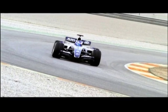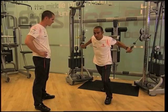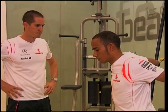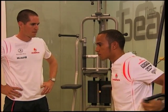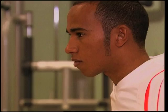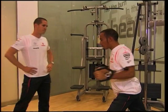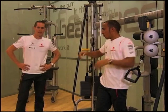To win races in Formula One, it takes more than just a fast car. The physical fitness of the drivers plays a much larger role today than it has in the past. In recent years, F1 teams have become increasingly aware of the importance of keeping drivers in top physical and mental condition. Fitness and youth combine in a perfect formula to make Lewis Hamilton the most successful rookie driver ever to